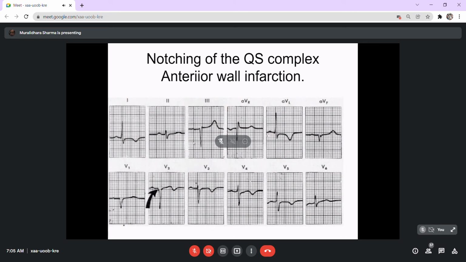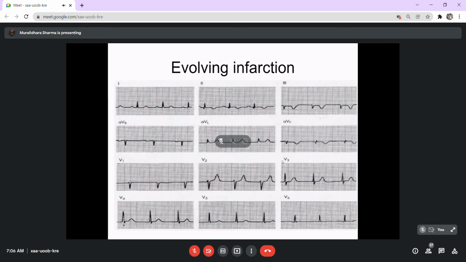In an anterior infarction, this could be another variation. These are all the things which we have discussed already. There could be a notching of the QS complex, a P wave, current of injury seen in the beginning, in the early stage, which is the usual phenomenon. In the early stage, you see the ST segment elevation, but occasionally you may see the early changes in the Q wave, also Q wave formation in the QS complex. You may see a notch, and this also could be presented along with the other signs, or at times there could be a slight variation as such. These are some of the variations.